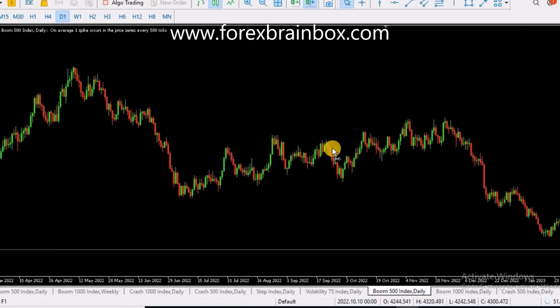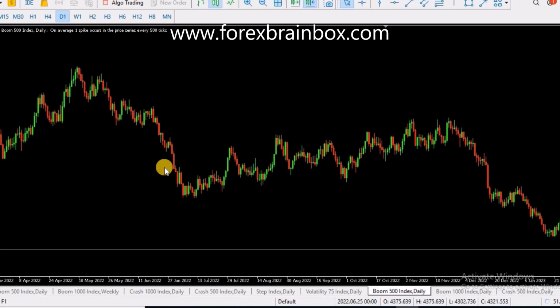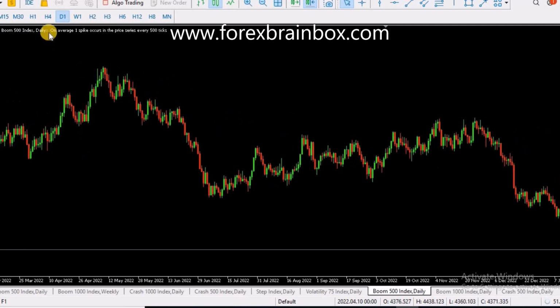Just like every other financial instrument, for you to maintain a good level of success and consistency, you need to look at the market from a higher time frame, right? So you can see our chart here. We are on day one. We are trying to find a trend line breakout. Now for this to be established, there has to be a dominant trend that has existed for quite some time, and you are hoping there will be a breakout so that you could take advantage of that breakout in the